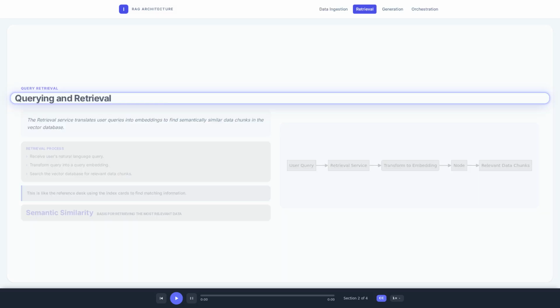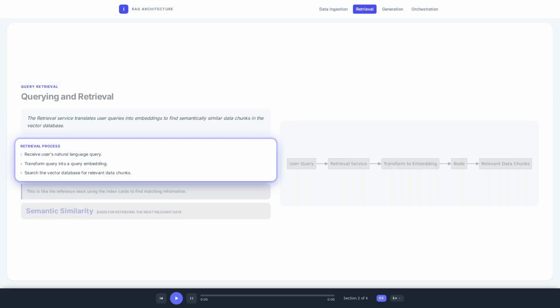Alright, so we've ingested and indexed our data. The next logical step is to figure out how we retrieve relevant information when a user asks a question. This brings us to querying and retrieval. The retrieval service first takes the user's question in plain language. It then converts this question into an embedding, much like how we created embeddings for the data earlier. This query embedding is then used to search the vector database for data chunks that are semantically similar to what